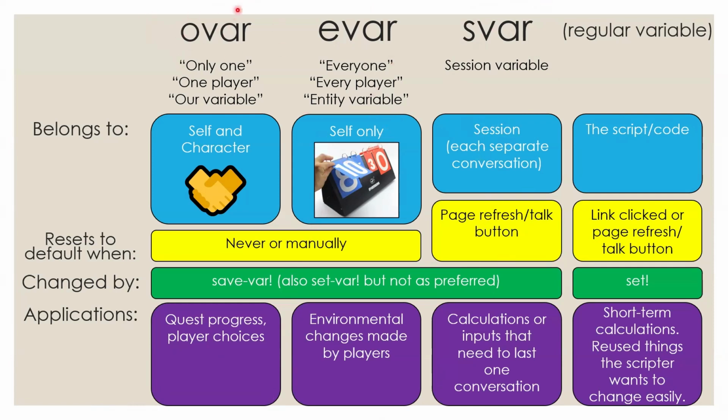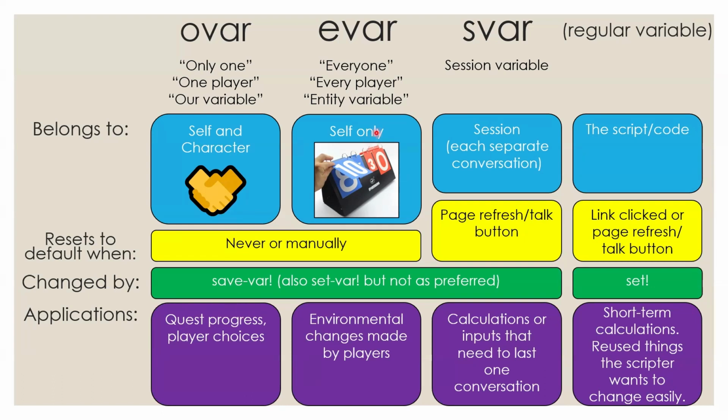Ovar is the most used persistent variable. You can think of it as only one person, so it belongs to that unique NPC or droid or module and that character who is interacting with it. This is really good for questProgress variables or for remembering player choices because, again, it is unique to that